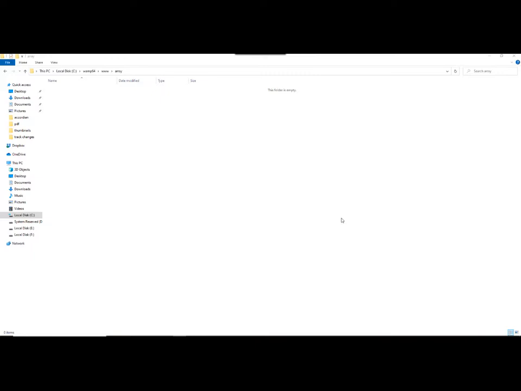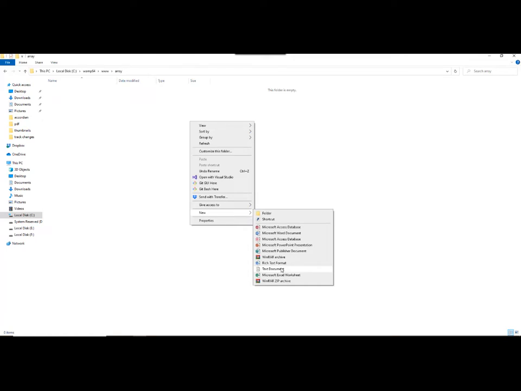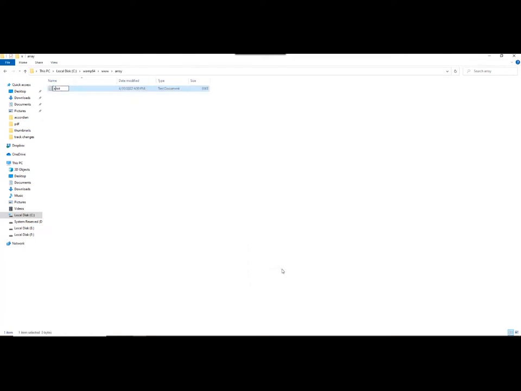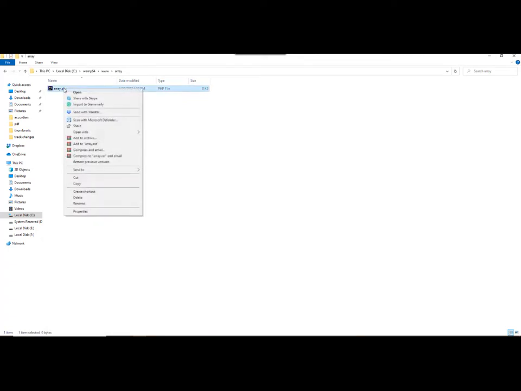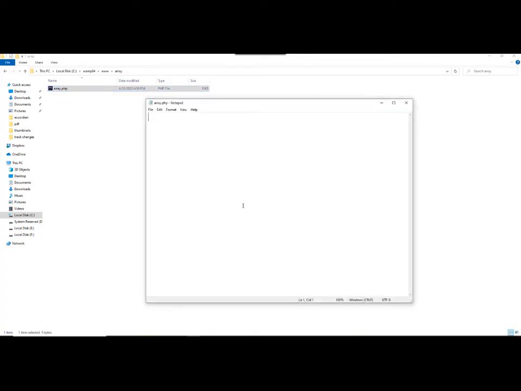So what we do, we create one file with the extension .php, array.php, and we open this with the help of notepad. So what we do here, PHP,